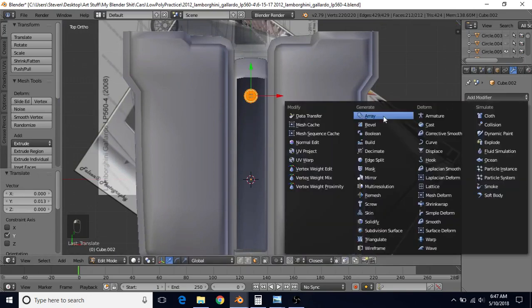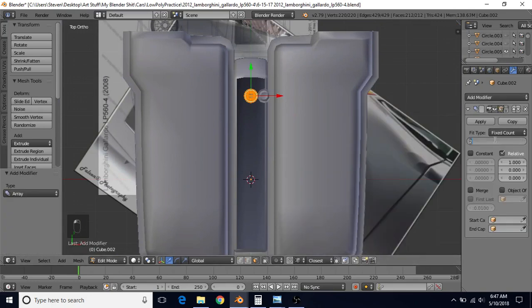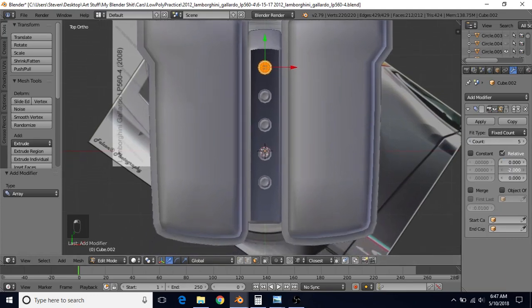Then we're going to add modifier, and we're going to choose array. We're going to change the count to 5 and press enter. We're going to set the X value to 0 and press enter. And now we can adjust the Y value in the negative direction in order to get the spacing that we